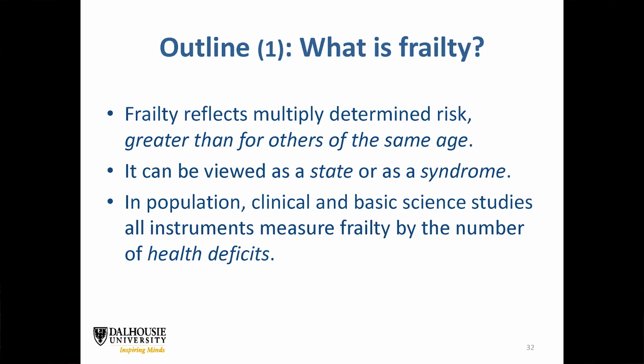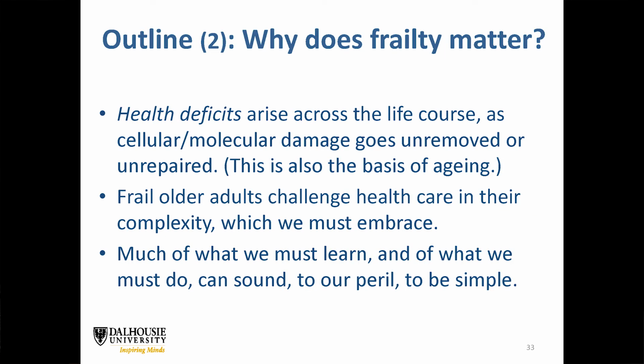So to sum up, what I've said is that frailty reflects multiply determined risk. I believe it's a multiply determined risk state, greater than for others of the same age. It can be viewed as a state or as a syndrome, but however we do it, we're going to count health deficits. Therefore, we need to understand the basis by which health deficits arise. That's intrinsically bound up with aging. We have to understand the complexity of aging if we're going to make true headway, but for now, we have to have ways that allow us to embrace the complexity of frailty in older adults,